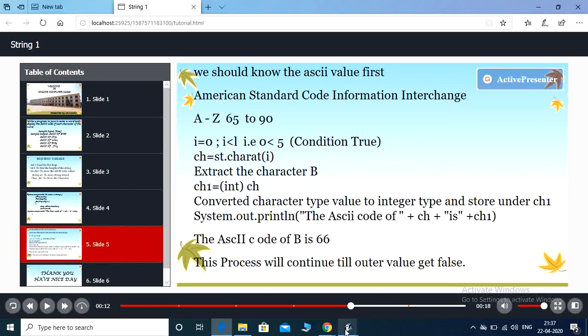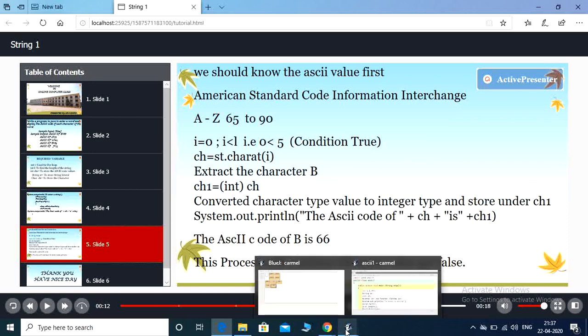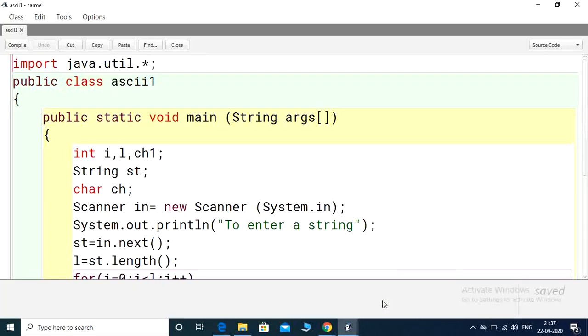Now the same process will execute in the Java environment. So here I took i, l, ch1, string st, and character variable ch. Step 1, System.out.println to enter a string.